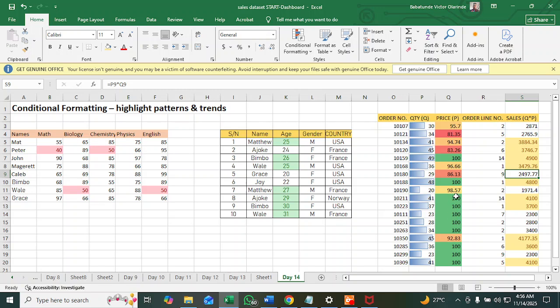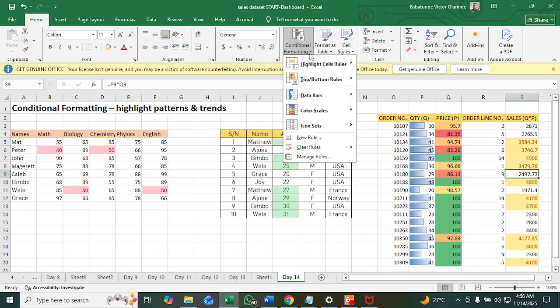Then yellow is a bit toned, so that's why we have yellow, which 96 falls in, while the low range is showing red. So you can really spot that the lowest price here is 81, while the highest is 100, and there's nothing bigger than that. So we're having green. So that's color scales. So you can easily use color scales, and we have